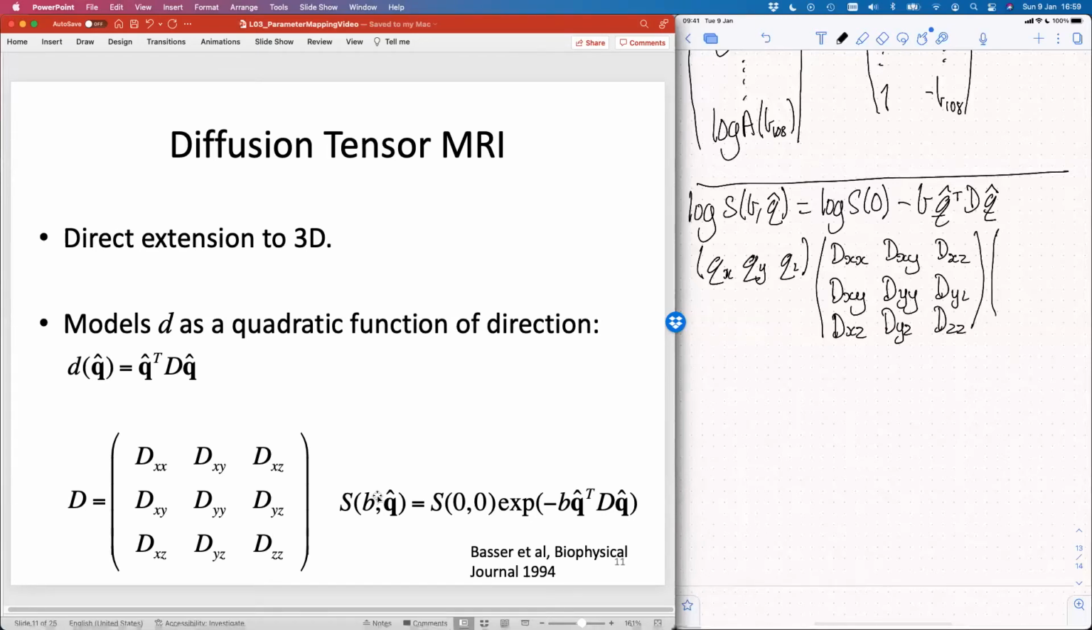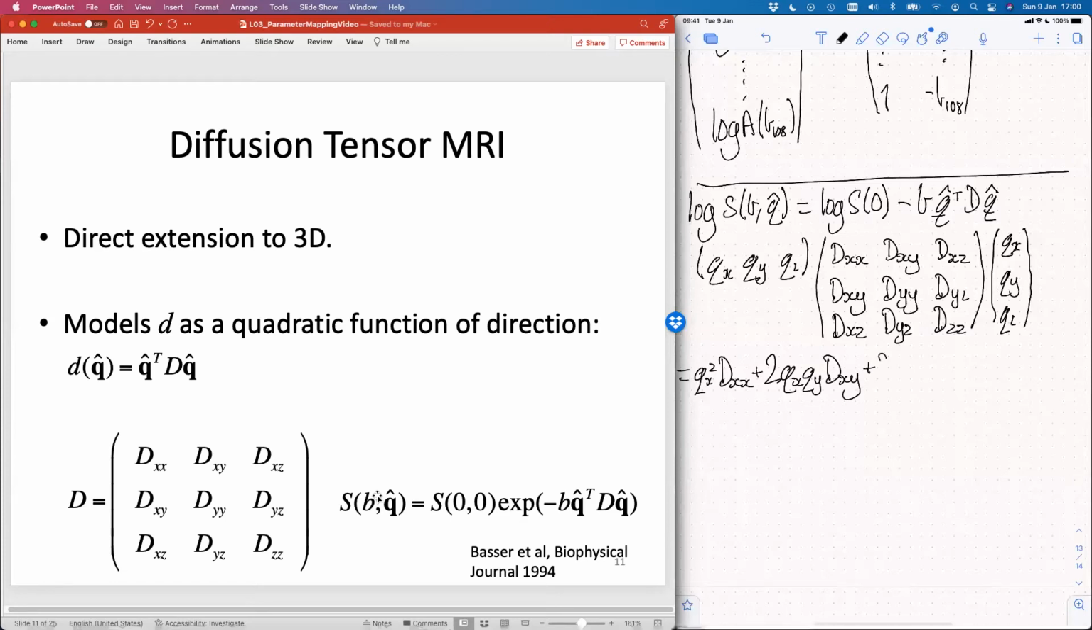And then we've got our untransposed q vector here. So I'm not going to go through every step of multiplying this out, but I'll just write out what happens if you multiply out this matrix and vector expression here. And what we end up with, it's pretty easy to see if you just multiply them stage by stage, we end up with qx squared dxx plus 2 qx qy dxy